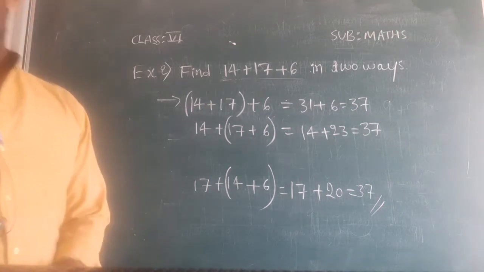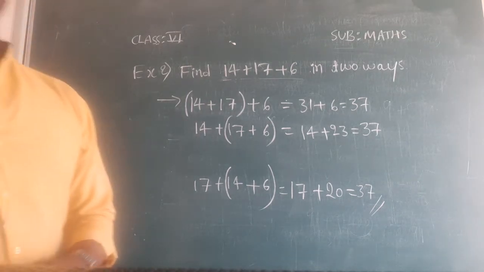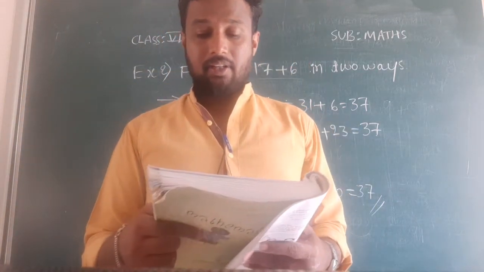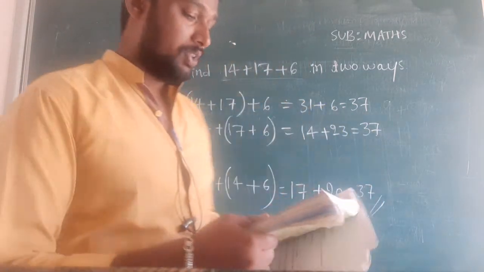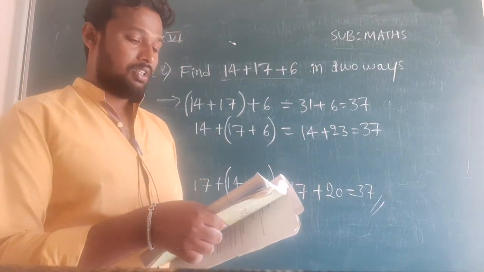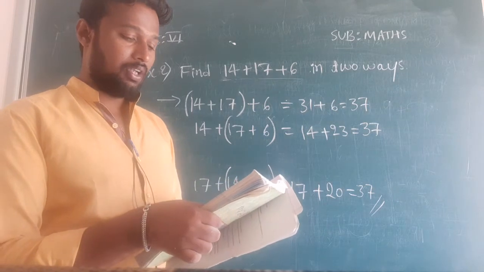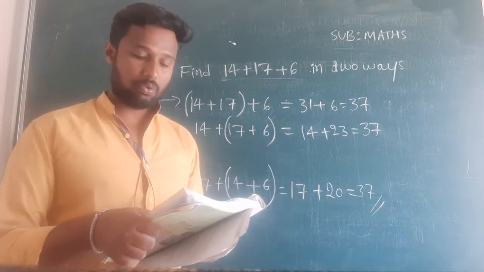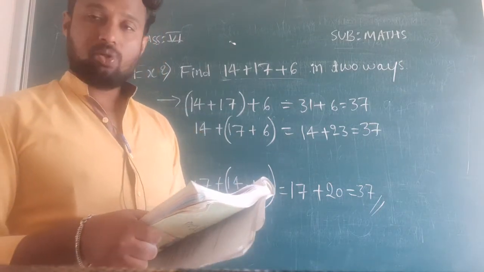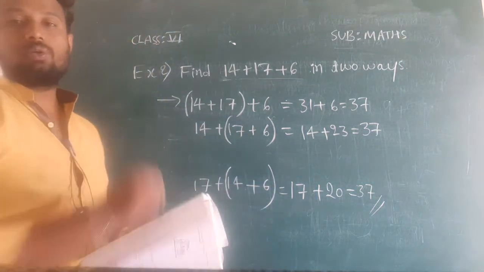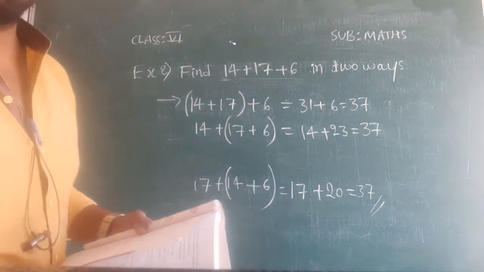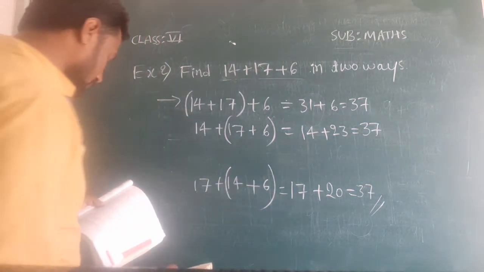Okay, now I will move to the next example, and here on page number 37 they have given, try these problems like this only. Below this example 2, page number 37, they have given 7 plus 18 plus 13 and 16 plus 12 plus 4. You have to solve these problems in 2 ways. You have to use 2 ways to solve these two problems. Now I will discuss example 3.